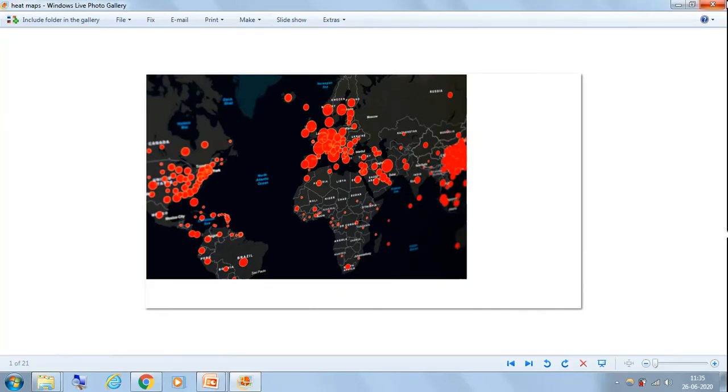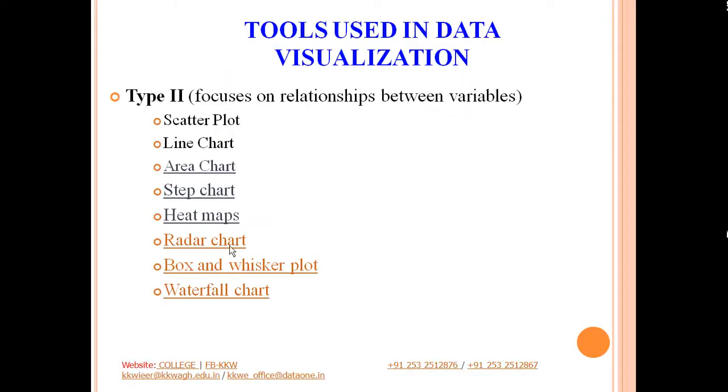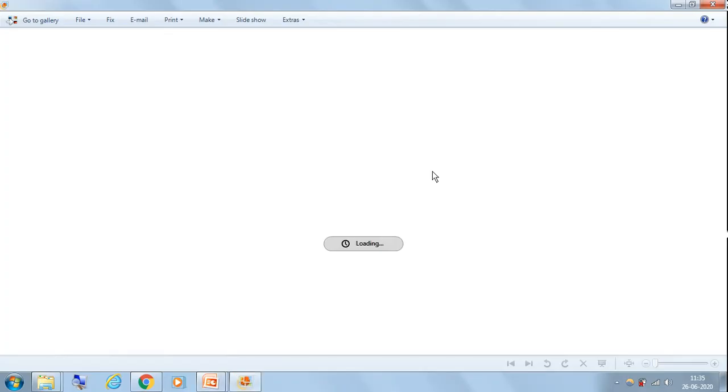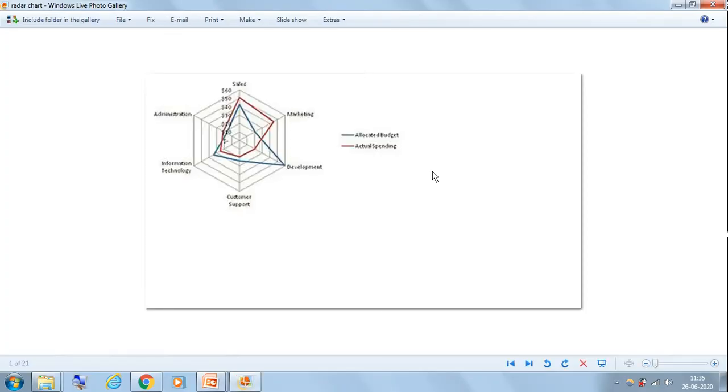Okay. Then next is the radar chart, or you also call this a spider chart because it looks like a spider web. Now, as you can see here, the blue line indicates the allocated budget and the red line indicates the actual amount that we have spent.